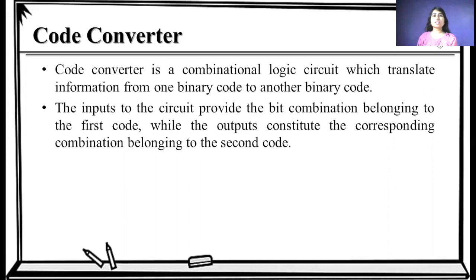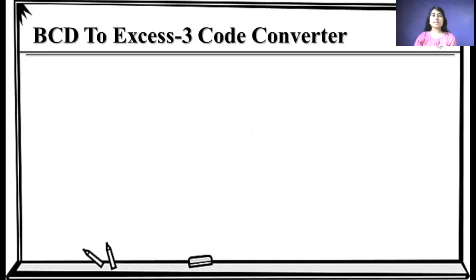Here we discuss the BCD to XS3 code converter and the binary to gray code converter. So let's discuss the BCD to XS3 code converter. Here we convert a BCD number into XS3, and we have to design a circuit which does this BCD to XS3 conversion. For this, write the BCD code and XS3 code, with BCD code as the input code and XS3 code as the output code.